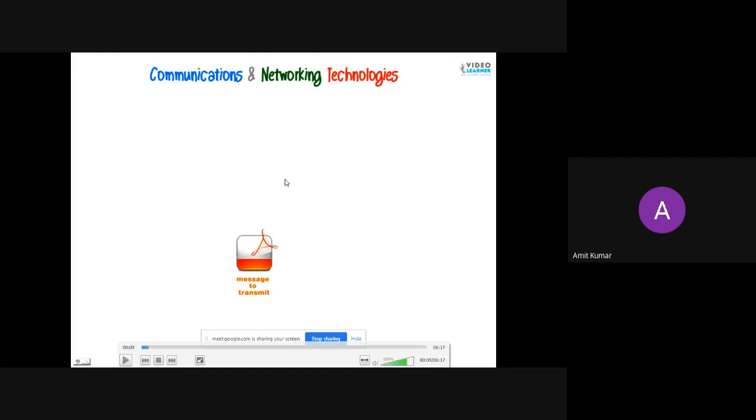So in the last sessions, we have completed circuit switching, and we have seen what is the difference between circuit and packet switching.